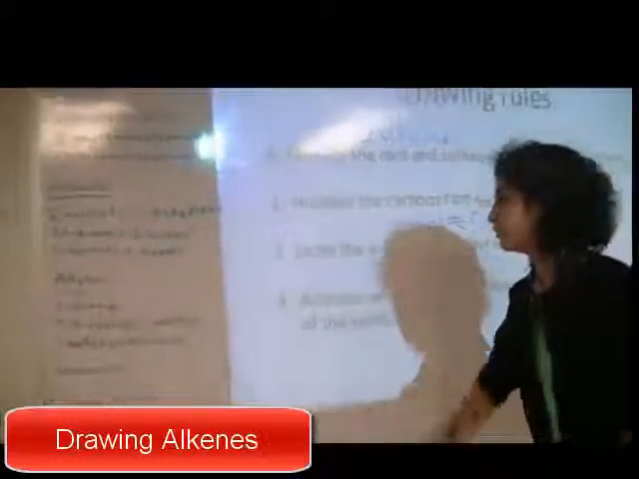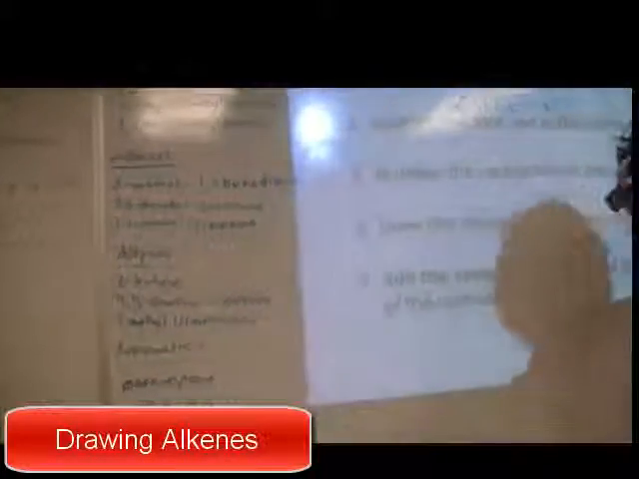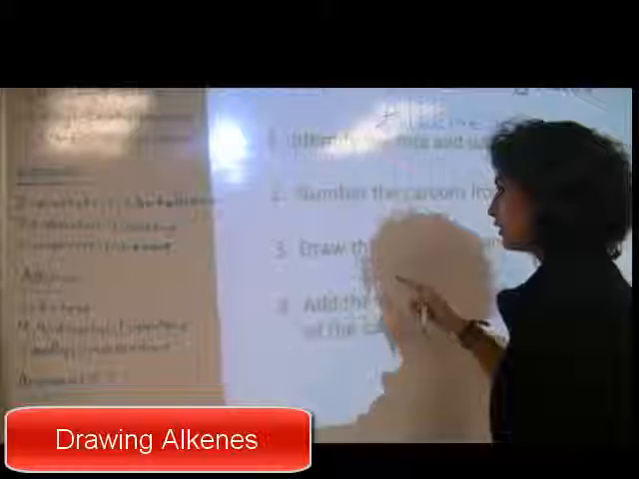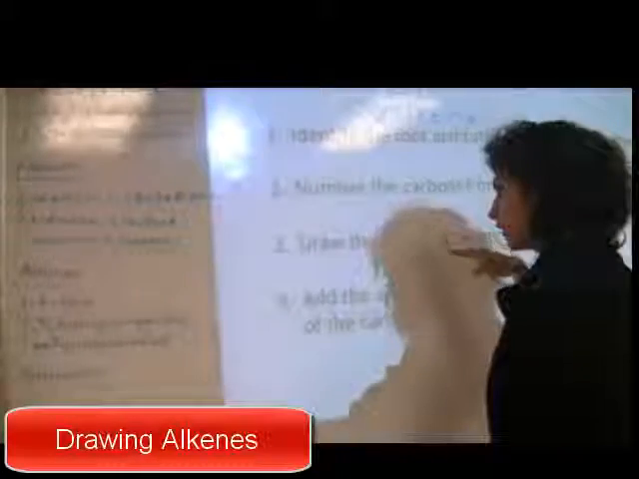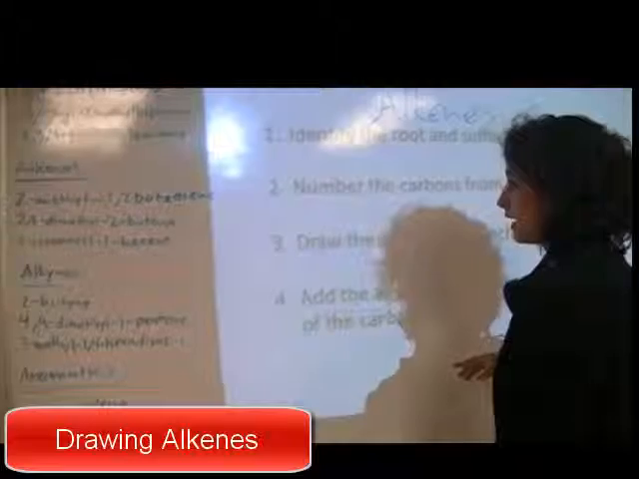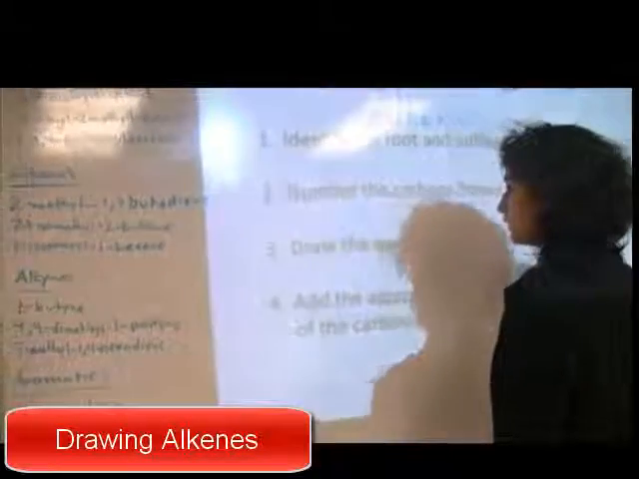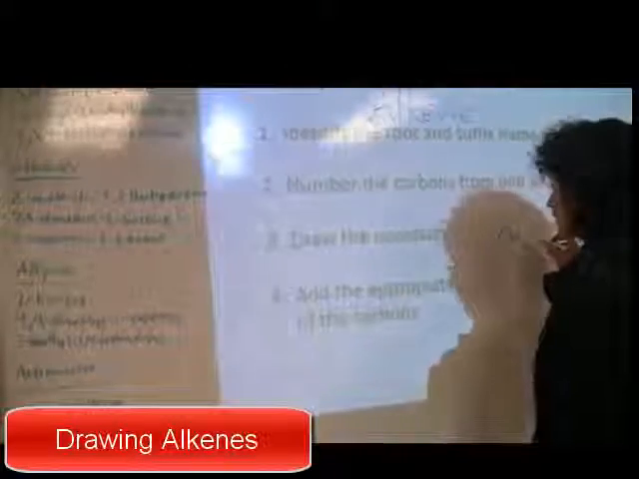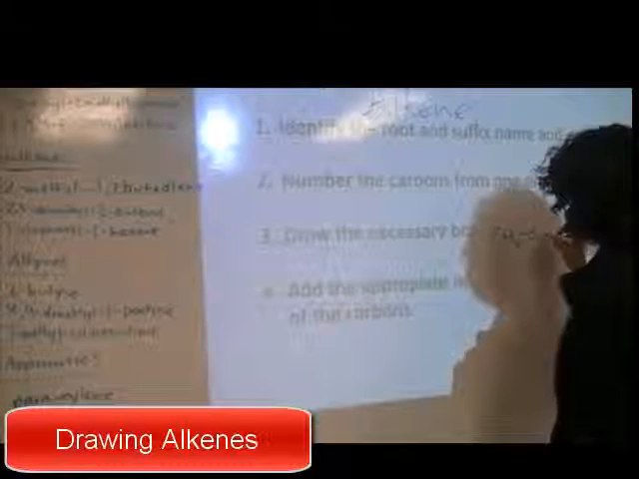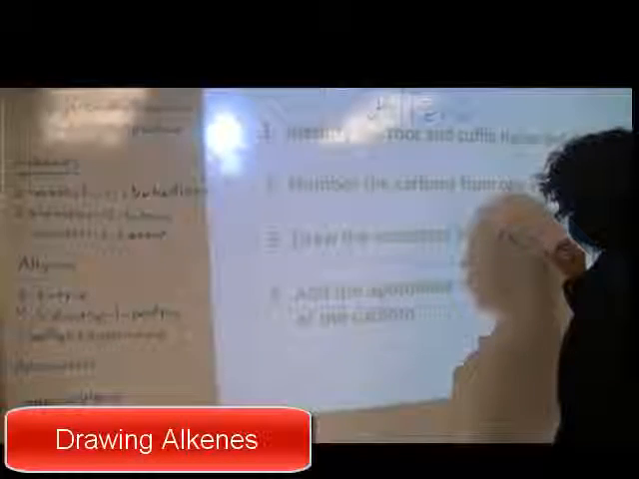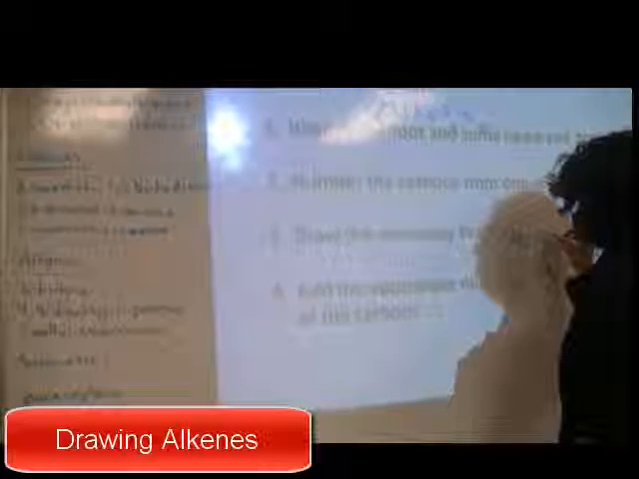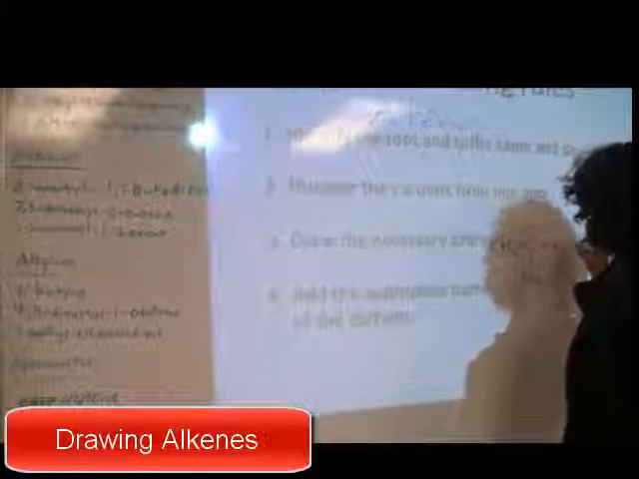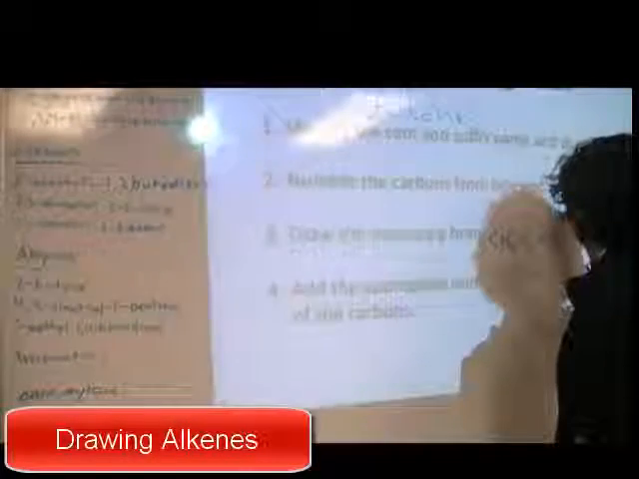The next one will be 2,3-dimethyl-2-butene. So it will be like this. Butene, a hydrocarbon chain of 4 carbons with methyls in places number 2 and 3. So it will be CH2, C, 2, CH3, 2, C, CH3,